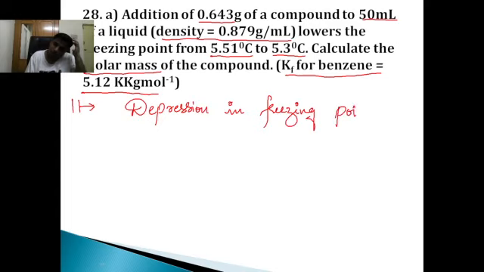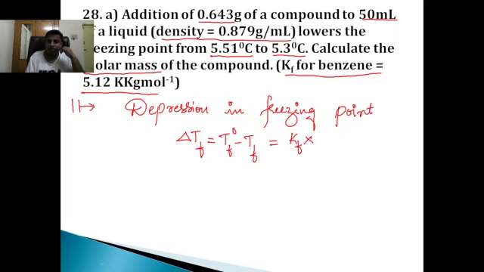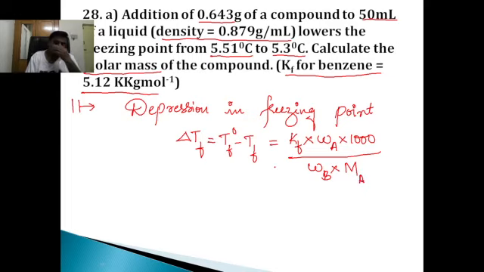You have to use the formula of depression in freezing point. What is that formula? Delta TF is equal to TF naught minus TF, which is equal to KF into WA into 1000 divided by WB into MA. So you should know each and every designation here. TF naught means freezing point of pure solvent,